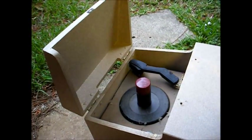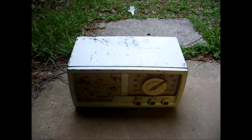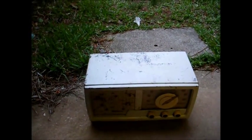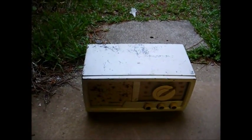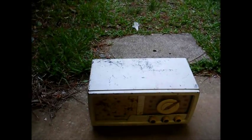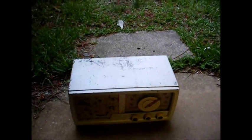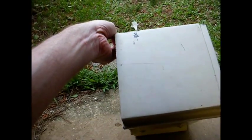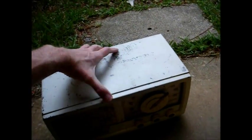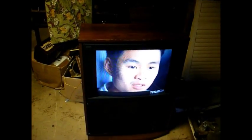I was happy I was able to get this little Magnavox, but beyond that, the rest of it had to stay. I also picked up this little 6-tube Firestone that I believe is an Arvin built set. I've also seen some Silvertones with the exact same chassis. This uses octal tubes and a 3-gang tuning condenser, so this should be a pretty decent set once it's fixed up. Got this for $22.50 at the flea market. Obviously the cabinet's going to need to be repainted, and there's a tight crack on one side, but I think it's highly restorable. Okay, there you go, the 2002 Zenith console TV, an easy repair,